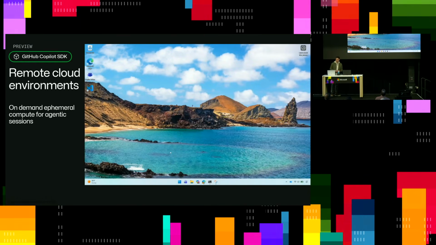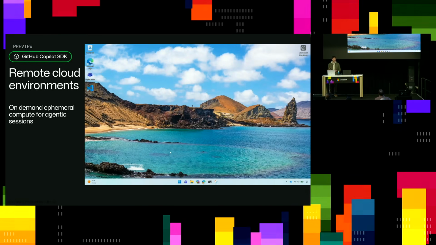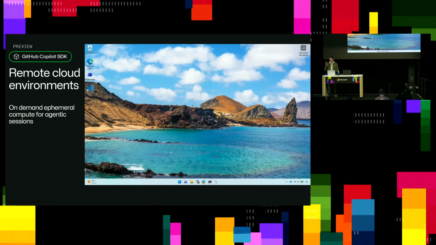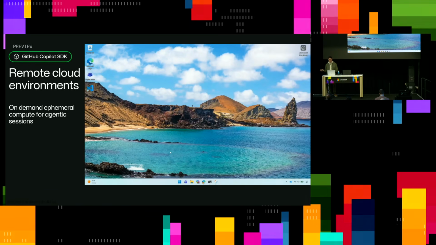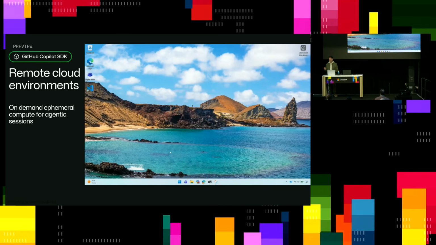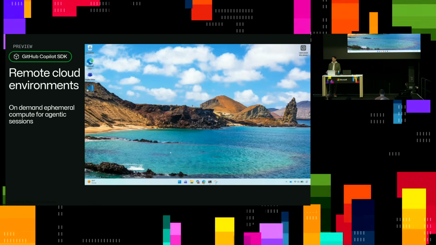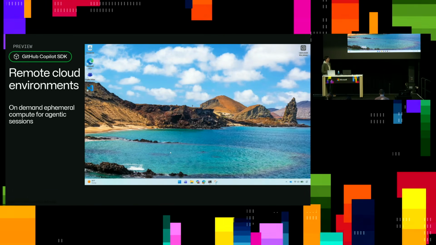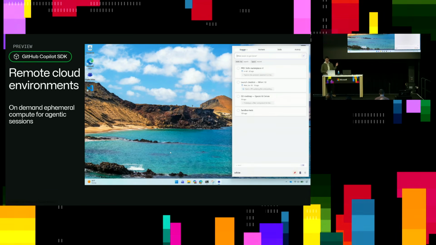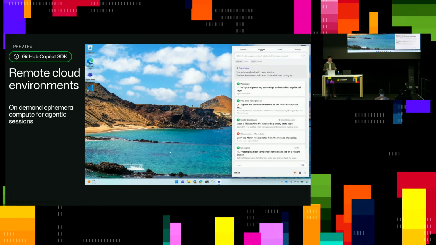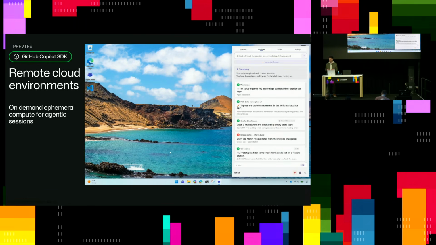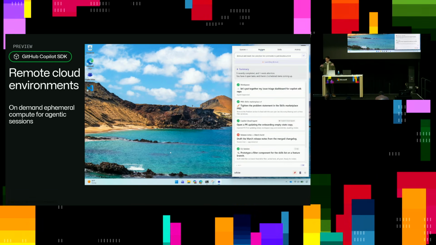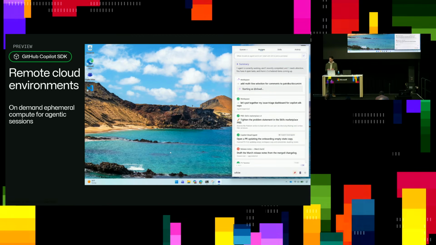To highlight some of the capabilities that we're carrying up, because the SDK supports both BYOK setups and GitHub Copilot subscription setups, we're actually going to invest more on the GitHub Copilot subscription setup in the future, which means we're going to carry some of the exciting features you've probably seen at Build this year into the SDK, and in fact, they're already available in preview form. And so one of the really exciting features that we've brought in is this idea of remote cloud environments. The SDK worked traditionally on whatever system or host was running it, though you could distribute tools across. What we've added in is the ability for you to embed the SDK in any application or service you desire